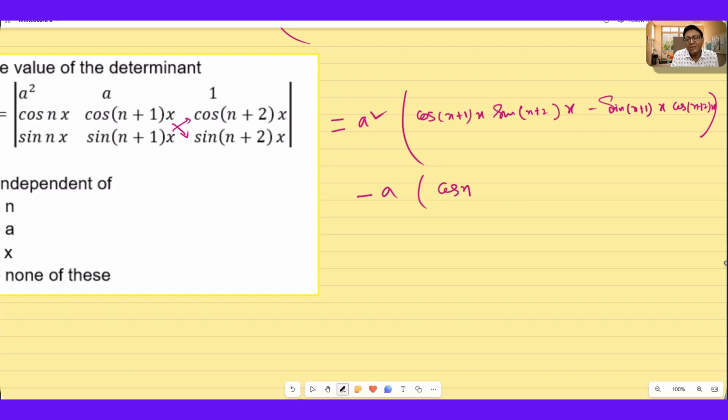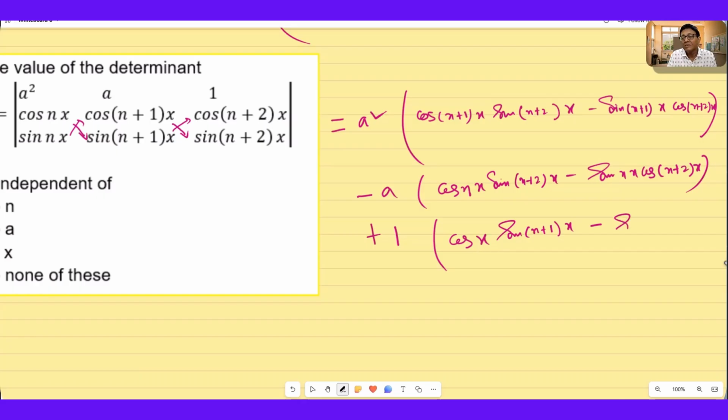Cos nx sin n plus 2x minus sin nx cos, and then plus 1 into cos x sin n plus 1x, sin n plus 2x, cos nx, and this is